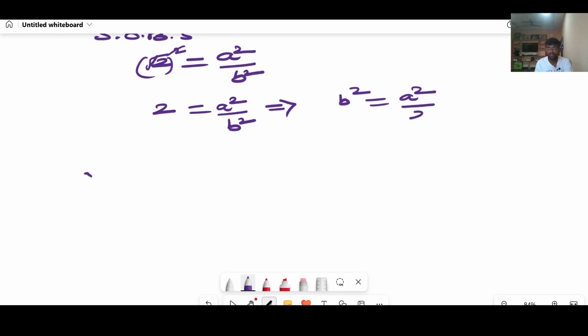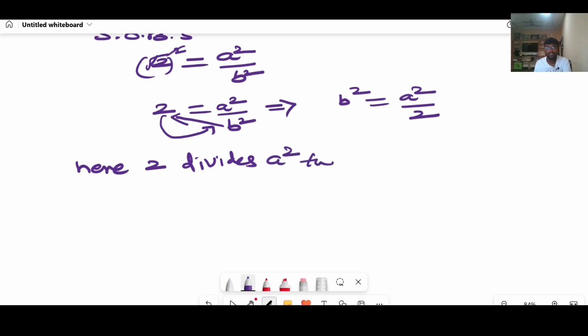Here 2 divides a square, then 2 also divides a, right? Here 2 divides a square, 2 also divides a, by using the fundamental theorem of arithmetic, which we have